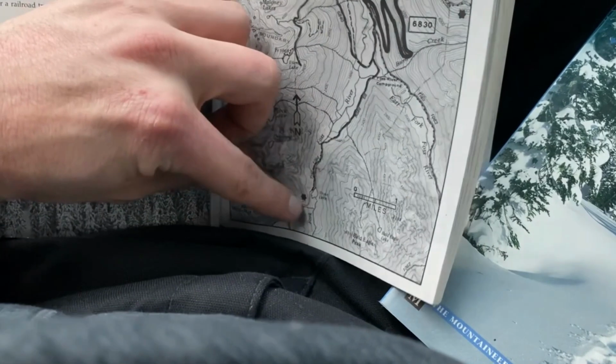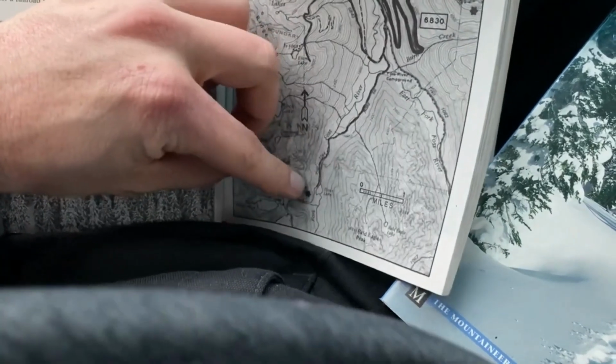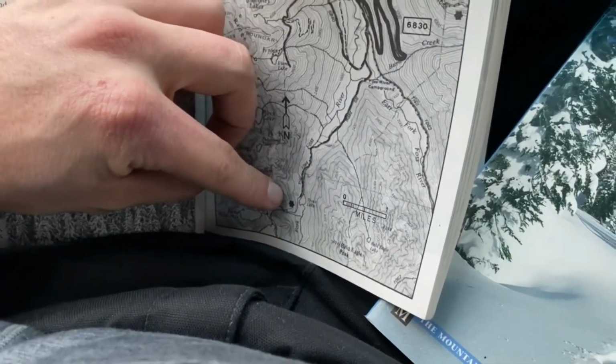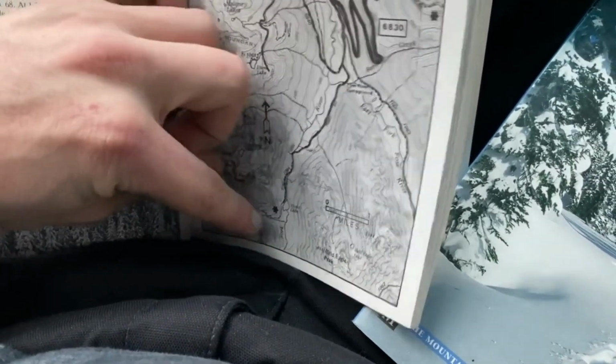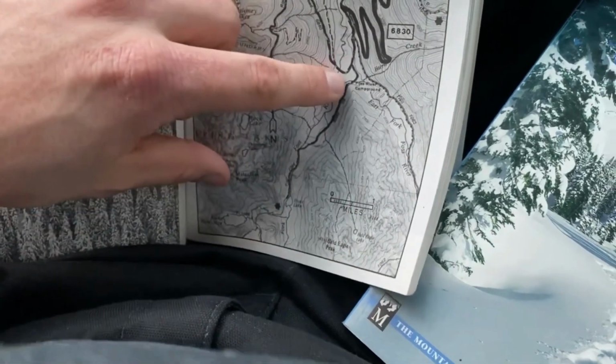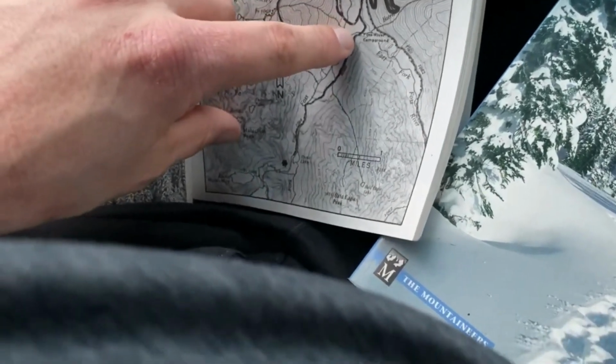And this is a very popular trailhead to hike in the summer. It takes you to 5 or 6 really big lakes and like a dozen really big waterfalls, but they're all up here. We're not going to go up there because of avalanche danger. But today's